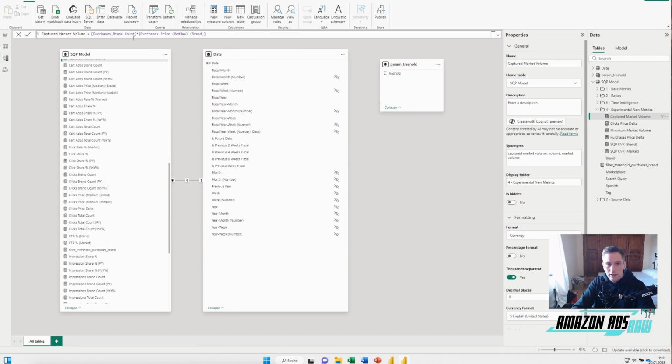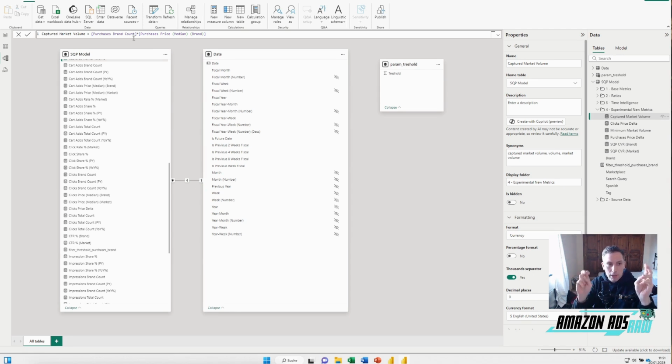So if, from the 1,000 at $10 on that one search query, I had, let's say, 100 at 15, my captured market volume would be 100 multiplied by 15, so 1,500 out of 10,000. And from that, you can extract a